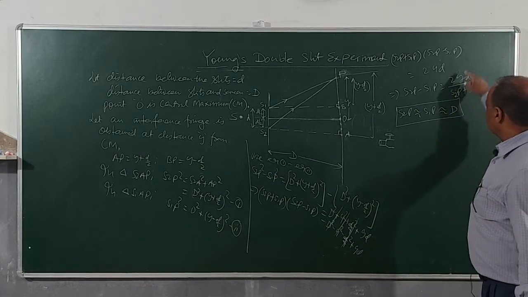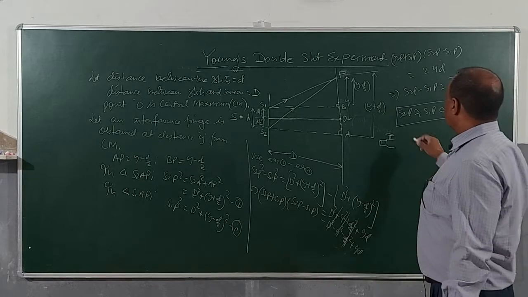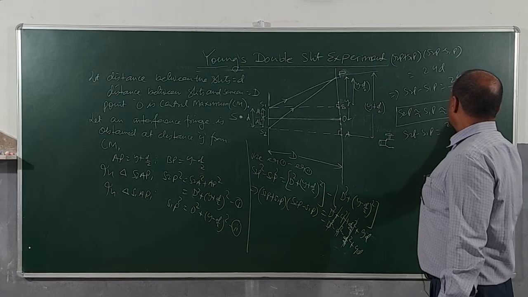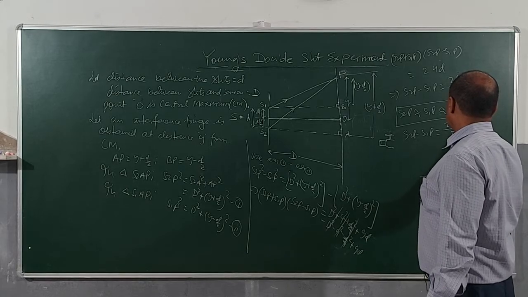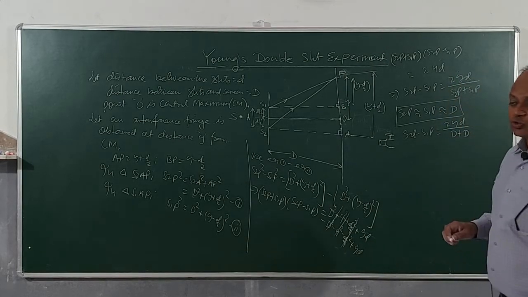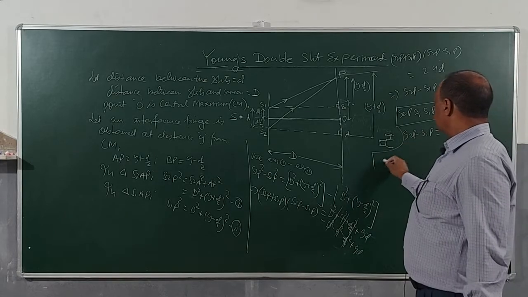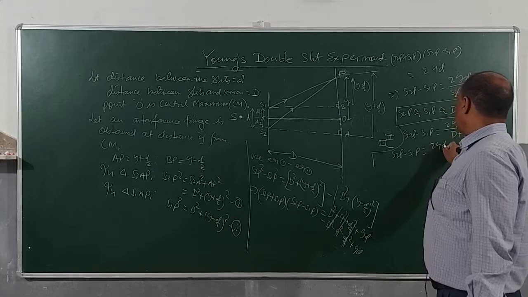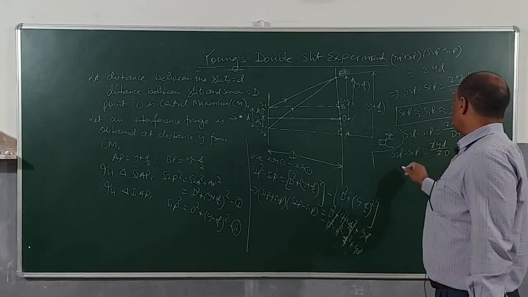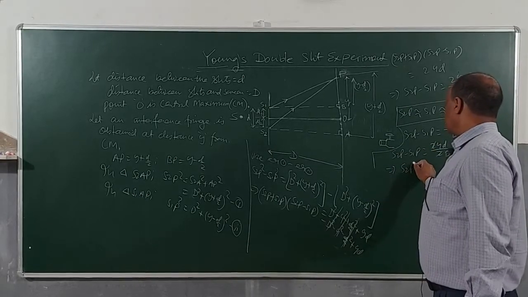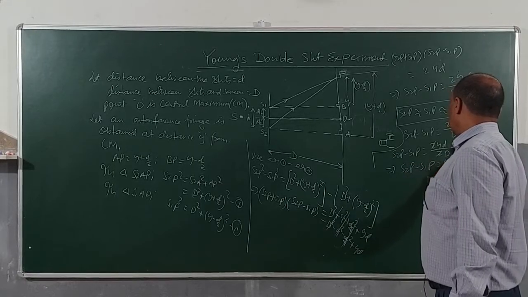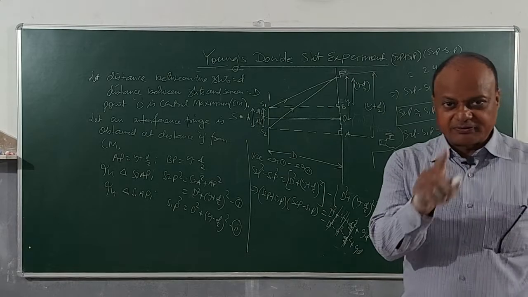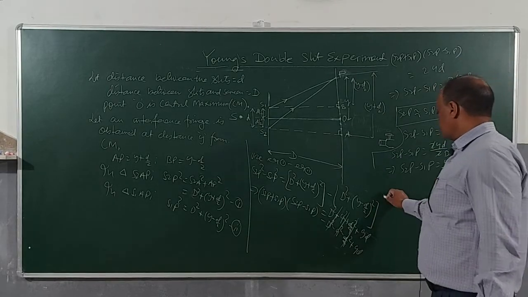Now with this assumption, if I go here, then I get S2P minus S1P is equal to 2yd divided by D plus D, and D plus D is equal to how much, children? 2D. So we get here S2P minus S1P is equal to 2yd by 2D, cancel out 2 and 2. So S2P minus S1P is equal to yd by capital D. And S2P minus S1P is what? That is path difference. So we got a price expression.